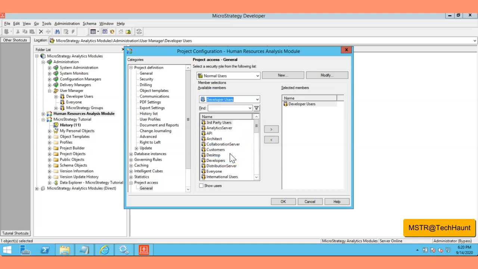What you need to do is select the groups, and then you must have the users here, but it's not showing because by default it's disabled, and you need to select this checkbox. As soon as you check this checkbox, you are going to get all the users of this users group, right? The developers, user developer 2 here, and then click on OK. So we have this developer users group, and I'm also adding these users into the selected members here.